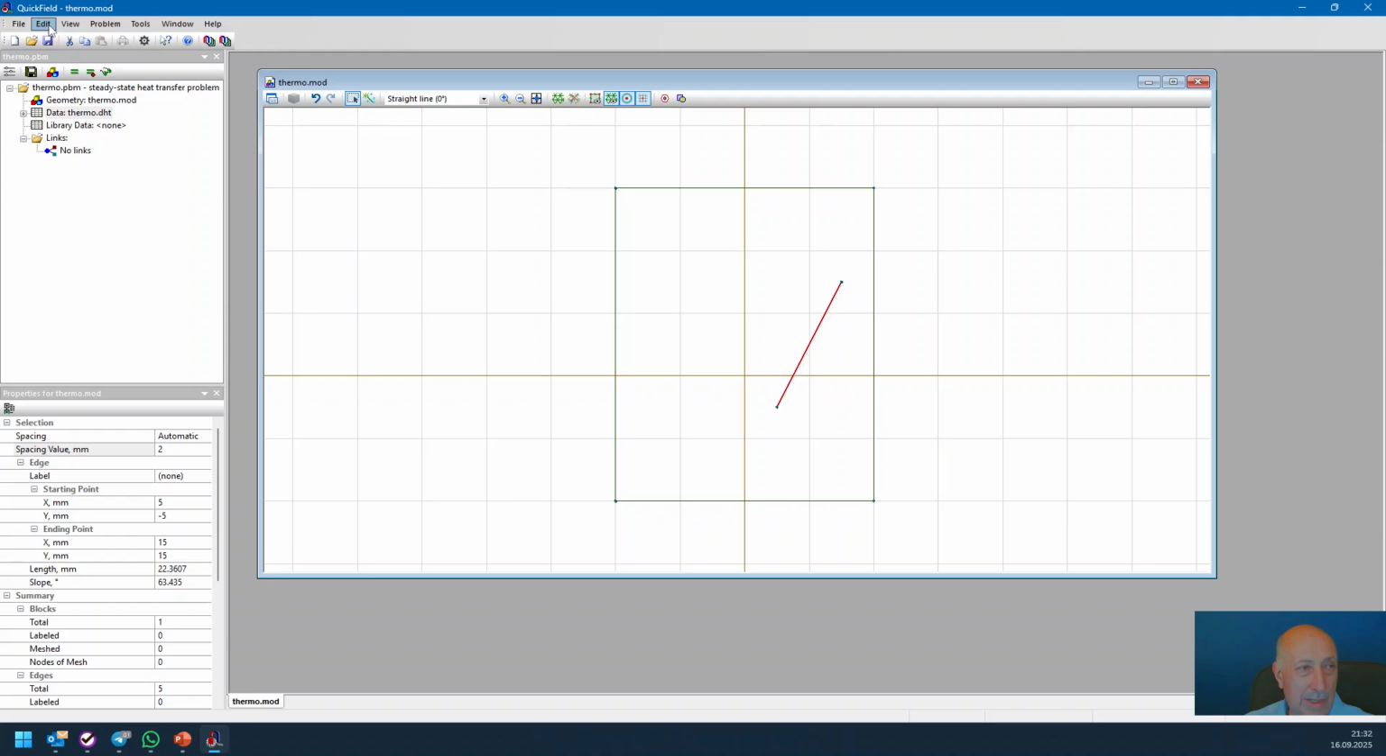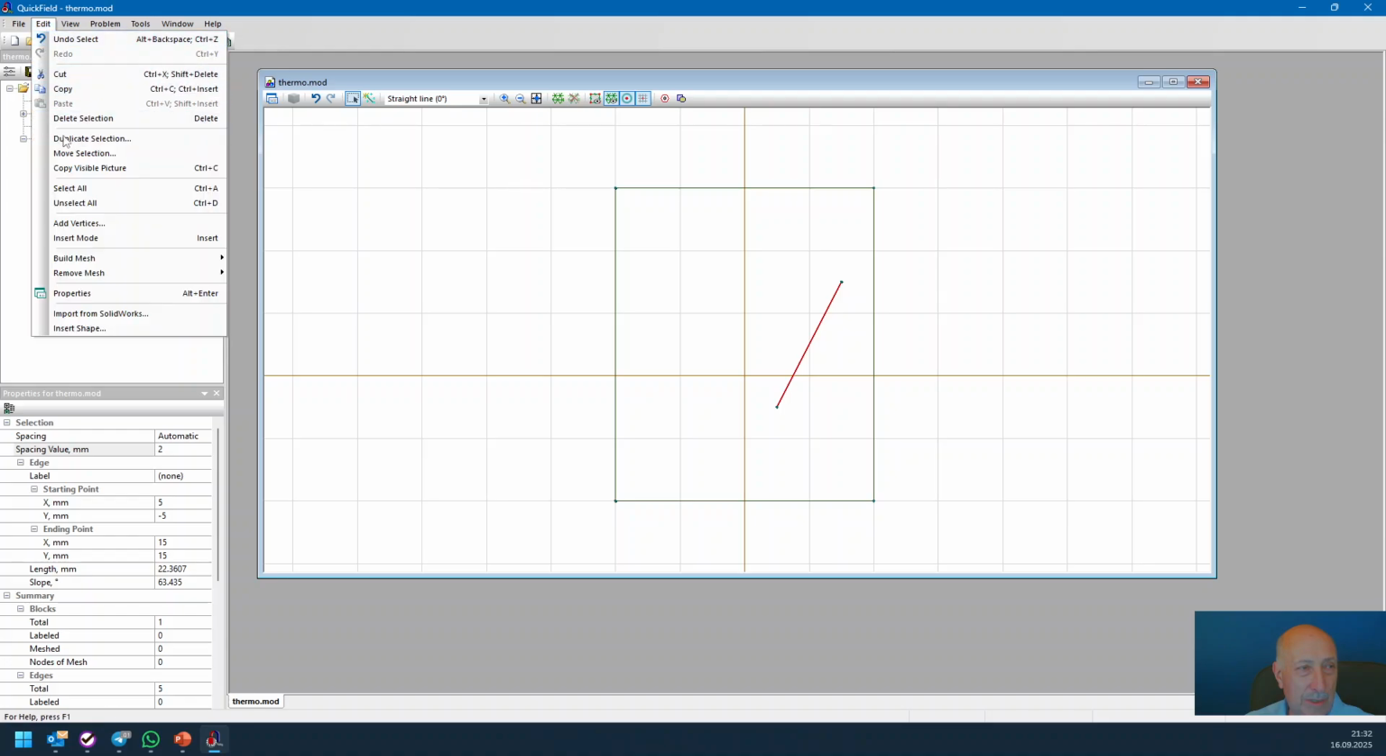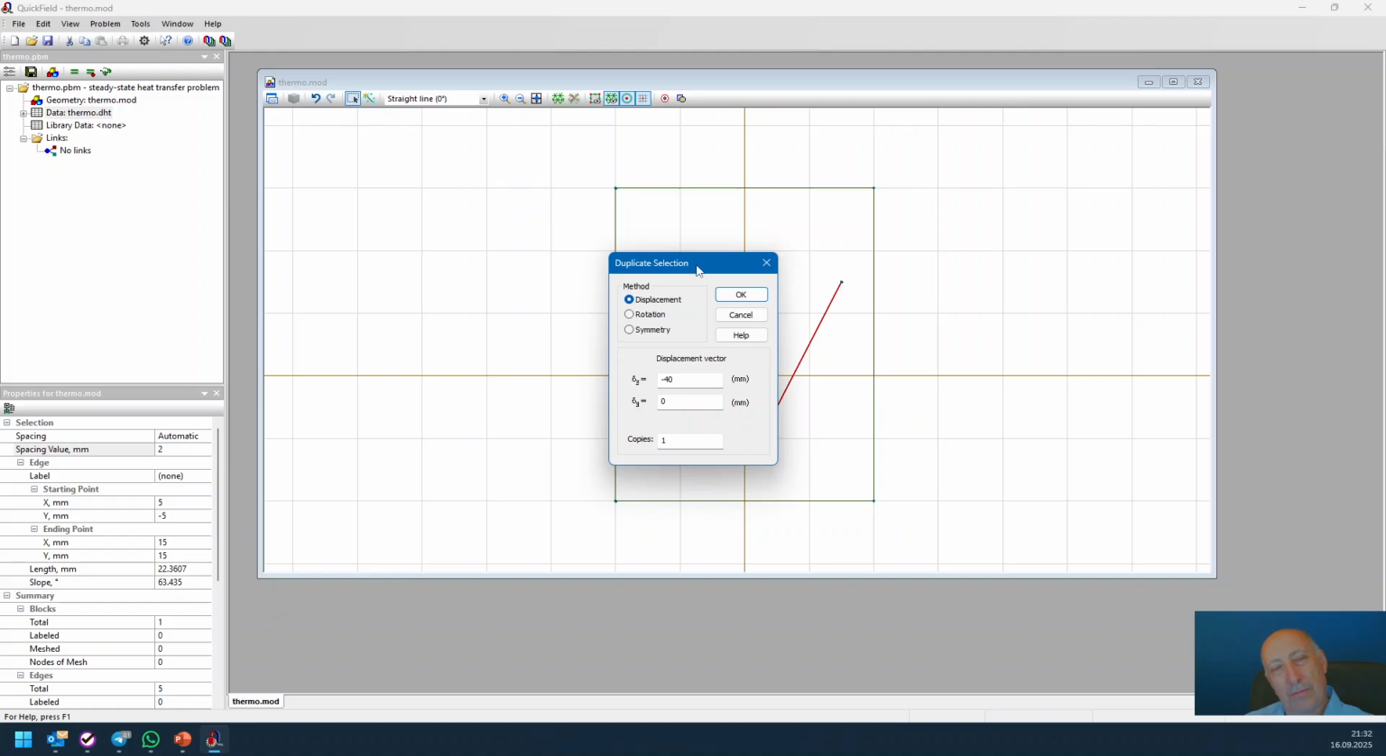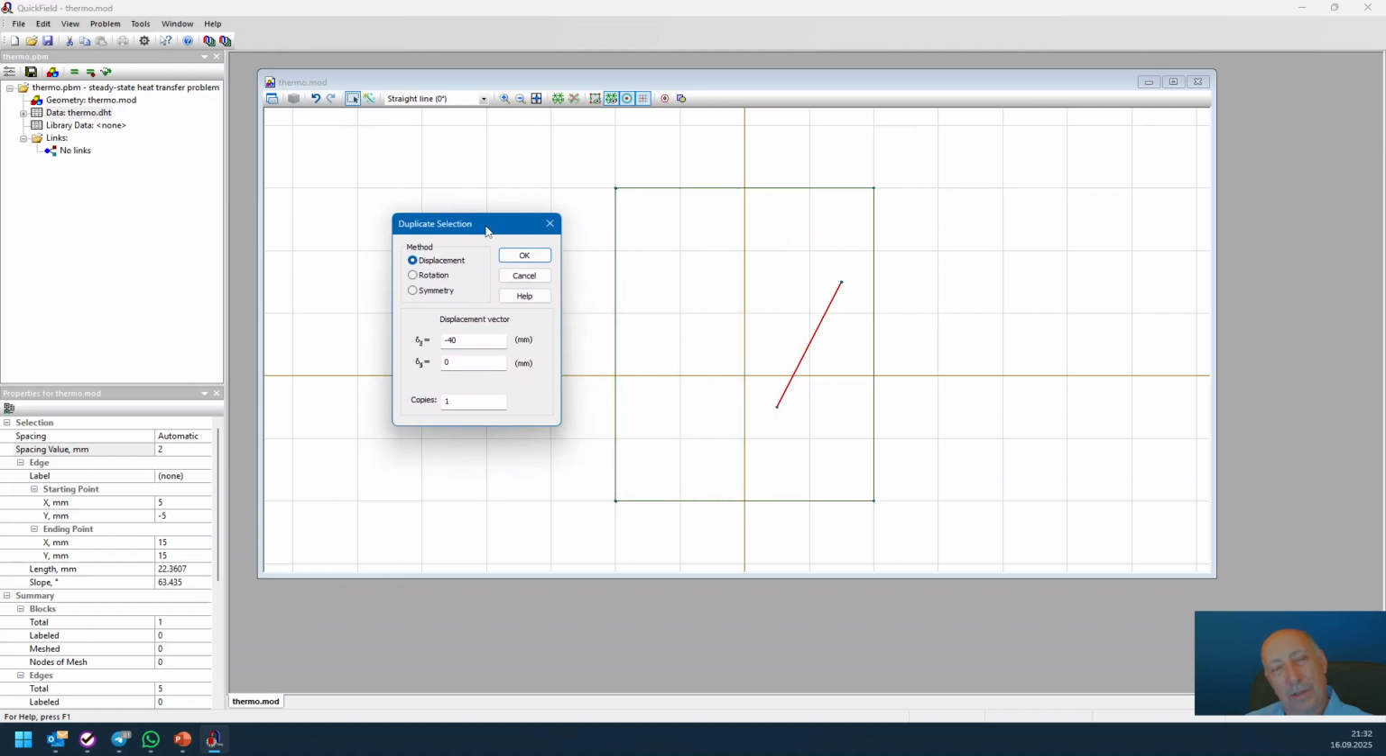Go to the Edit menu, choose the Duplicate Selection command. Duplicate means copy, because the word copy is already occupied for copy to clipboard. So duplicate geometry. QuickField can duplicate by displacement, by rotation, by symmetry. We need a symmetry now. Symmetry,